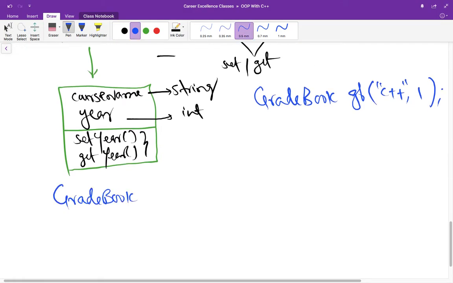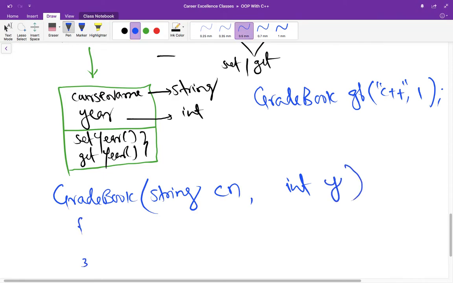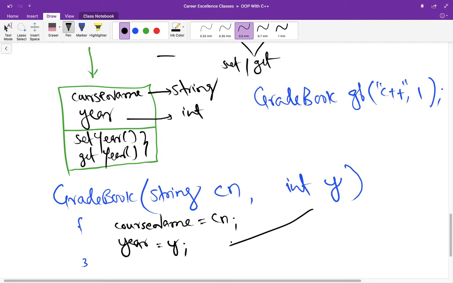As it has no return type, I am not writing anything here, and it will have string course is cn, let us suppose, and then int y for the year, and after that we are assigning those values, course name equal to cn and year equal to y, which is coming from above, right? So in this way the object will be created for the values C++ and year 1.